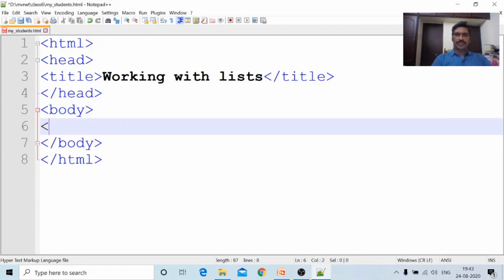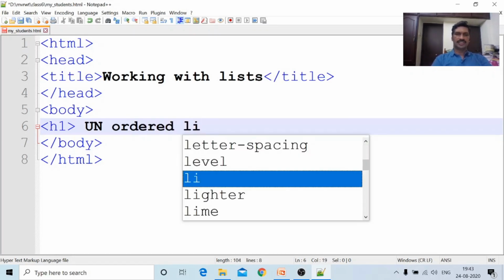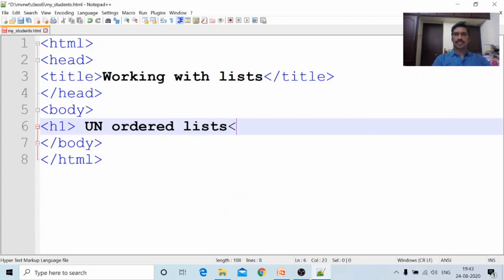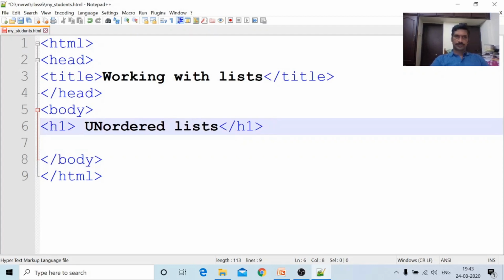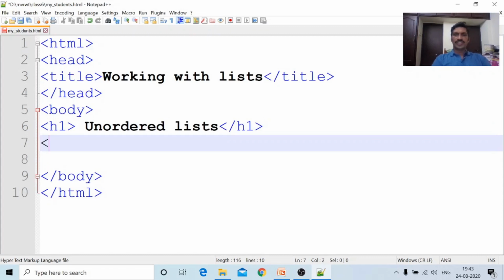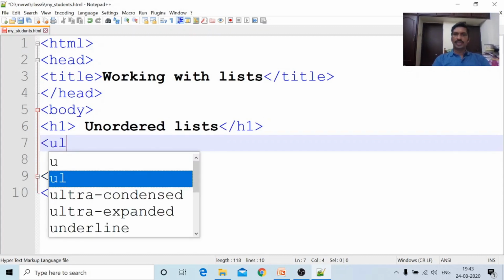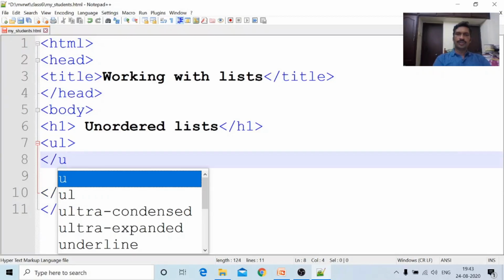In H1 I am placing header 1: unordered lists. It will appear in a large size font, H1 unordered lists. What is the tag for unordered list? UL, slash UL.